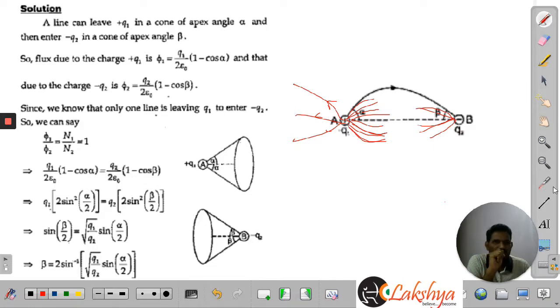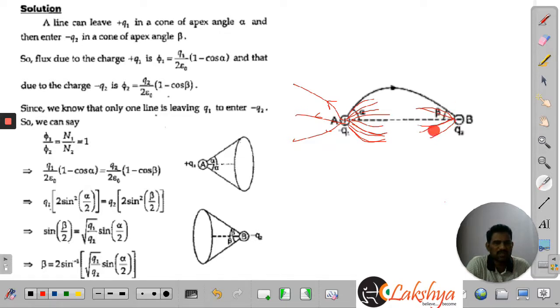There may be such lines, right? But what we are concluding here is, if this line at an angle alpha is reaching the point B, all the lines with an angle less than alpha with the line AB, definitely those field lines will reach the point B. Got it? And so this flux phi1 must be equal to phi2. All the lines less than this alpha here must be equal to all the lines reaching this q2